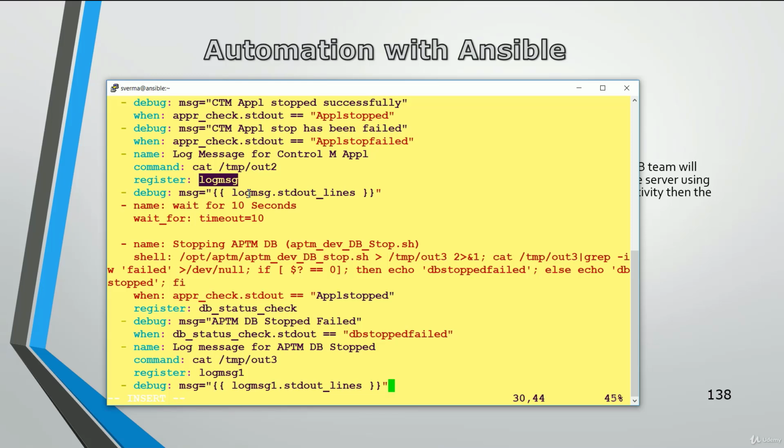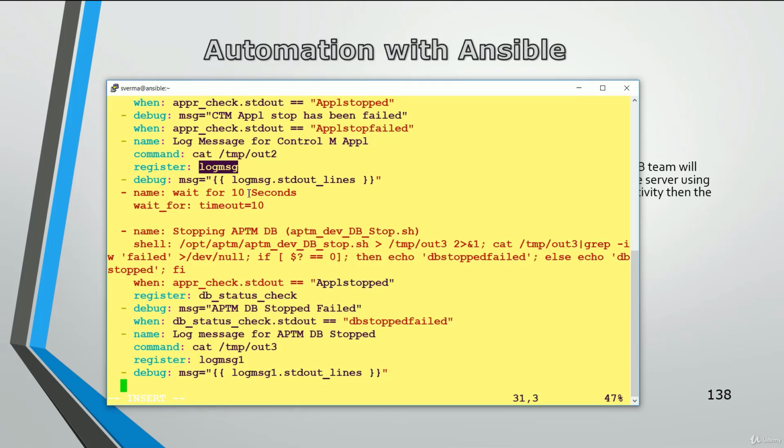Okay, and one more condition I am putting here, like my debug: aptm db has been stopped successfully